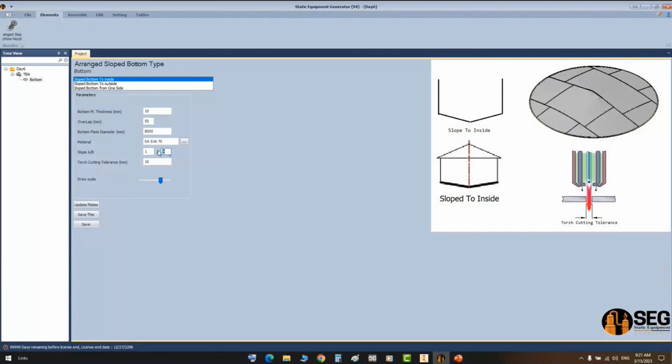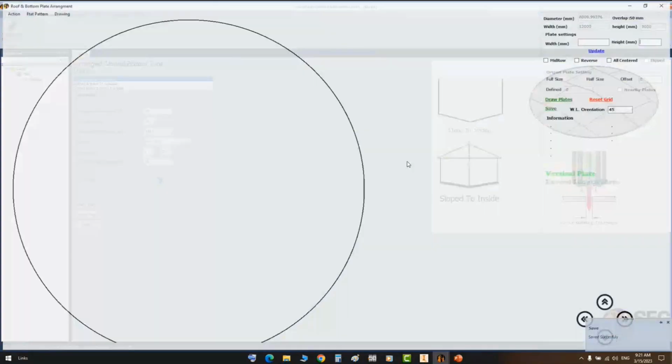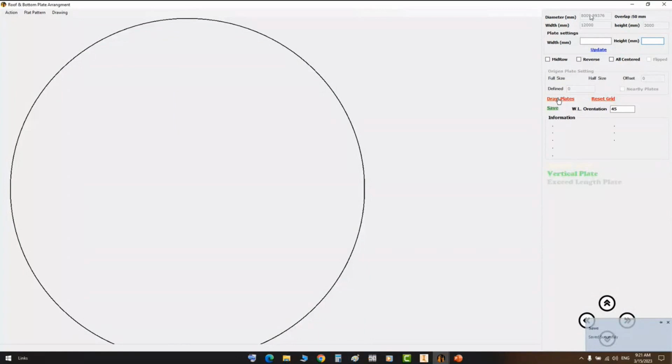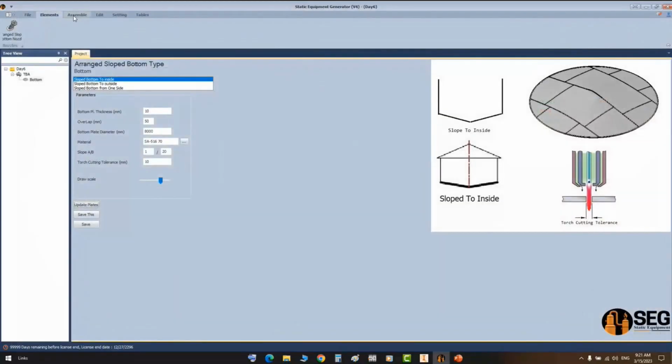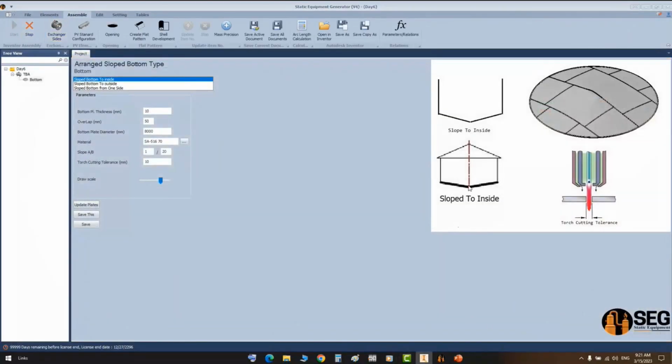Now let's increase this one a little bit. Let's make it 1 to 50 or 1 to 20 and click on save. Now again, if you open that one, the value will be decreased. Let's draw the plates like that and change the longitudinal welding line orientation. Click on Save. Now when you click on Start Assembly,